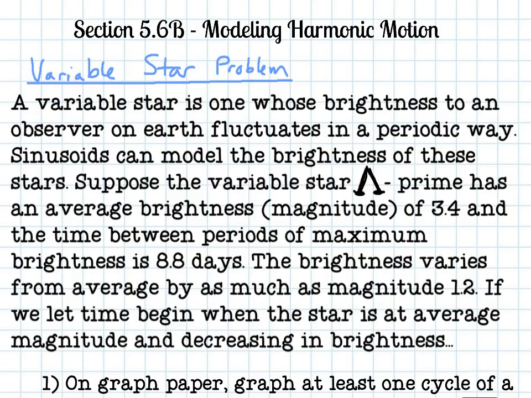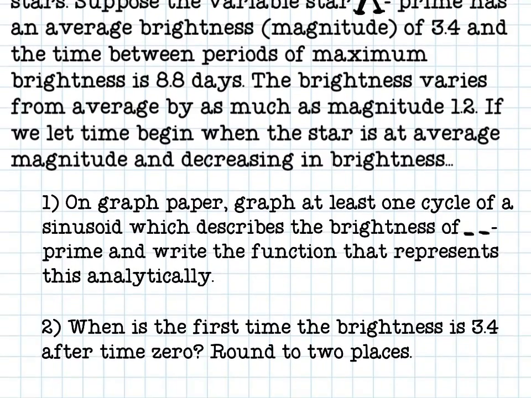A variable star is one whose brightness to an observer on Earth fluctuates in a periodic way. Sinusoids can model the brightness of these stars. Suppose the variable star, delta prime, has an average brightness or magnitude of 3.4 and the time between periods of maximum brightness is 8.8 days. The brightness varies from an average by as much as magnitude of 1.2. If we let time begin when the star is at average magnitude and decreasing in brightness,